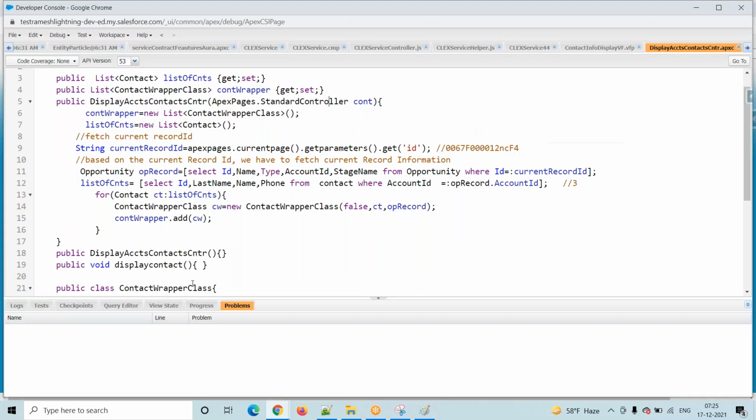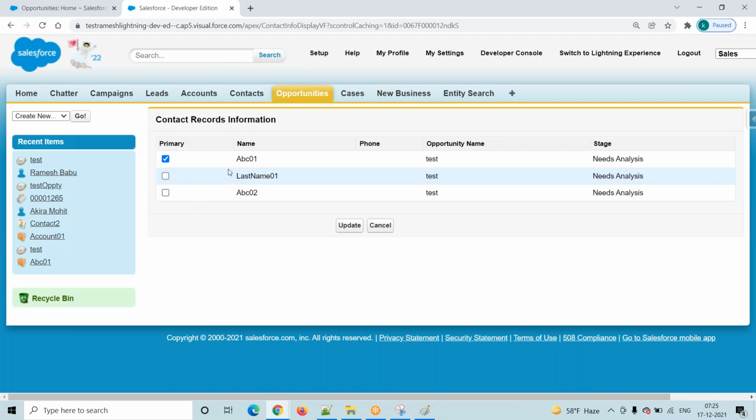What I am trying to say is the list can hold any number of records. But whenever we are displaying, suppose more than 150 or 200 records in a single page, then the Visualforce page will display a view state error. The solution is to display records per page, like 20 or 30, by implementing the pagination concept.